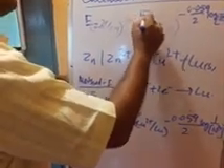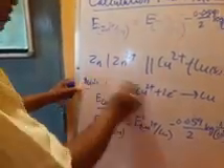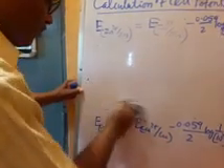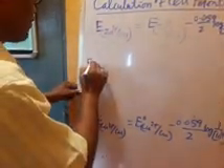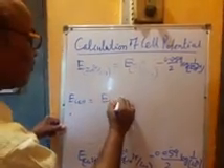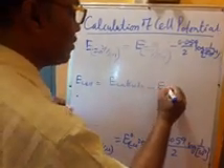Then what will be the E cell? E cell will be the reduction potential of the cathode minus the reduction potential of the anode. Therefore, we can say that E cell will be E cathode minus E anode